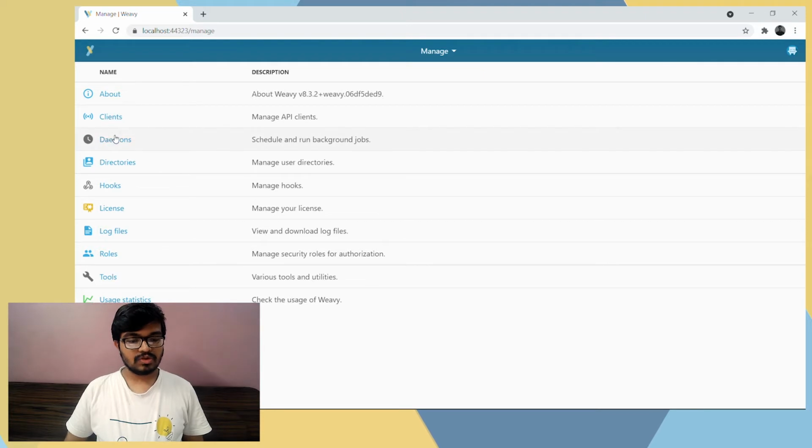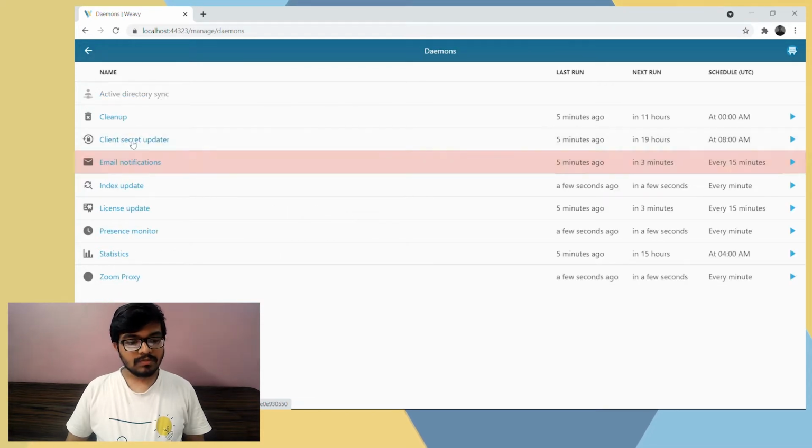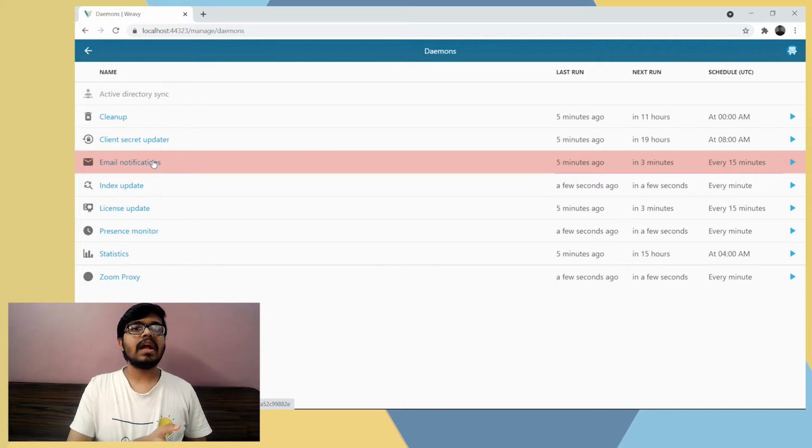these jobs are running in the background and they run periodically to collect and update or do any kind of process that they are assigned for. One daemon job, as you can see, is the email notifications. The job of email notifications is to notify the user about the recent or new activity that has taken place in the absence of the user, and they will be notified about those events using